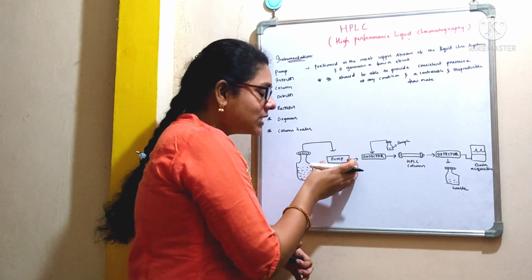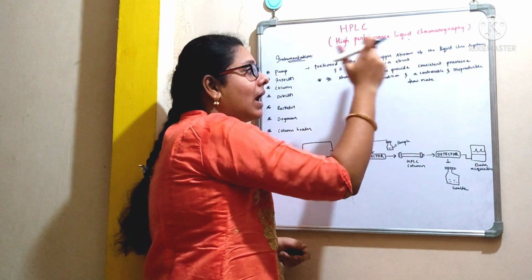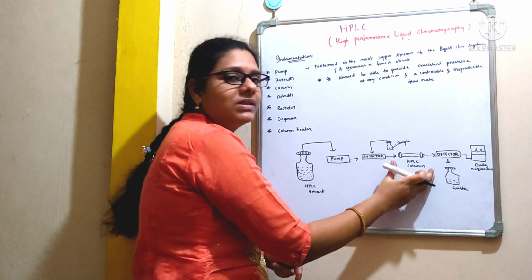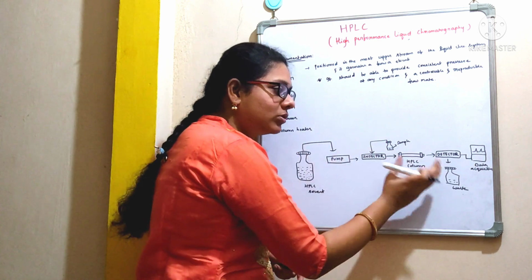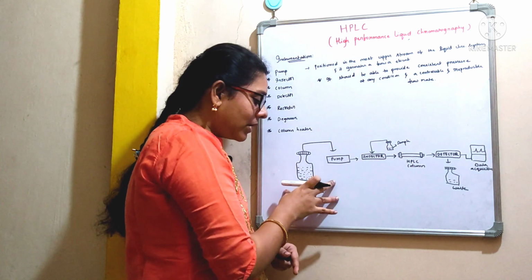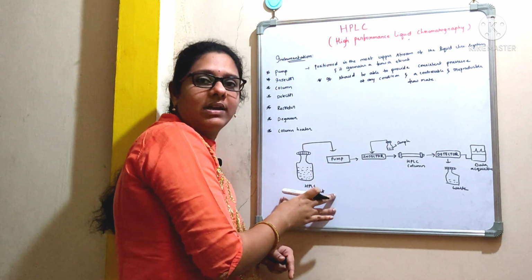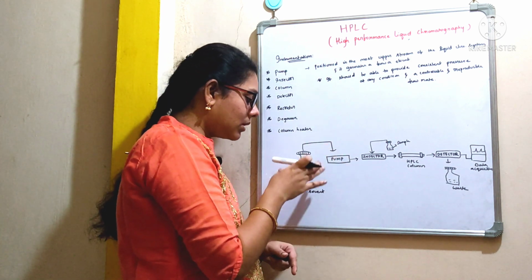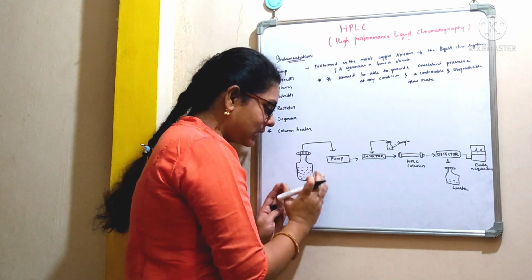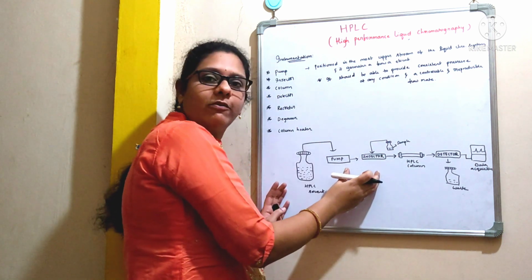Coming to the pump, this pump is positioned in the most upstream part of the liquid chromatography system, and it generates a flow of eluent from the solvent reservoir into the system. So this mobile phase should move through the column, right? And this column is packed with a stationary phase, right? And remember one more important point here: for HPLC, you need to use HPLC grade solvents only, and those solvents are to be filled in this solvent reservoir. With the help of the pump, you are going to transfer the solvent present in this reservoir into the system with the application of pressure.